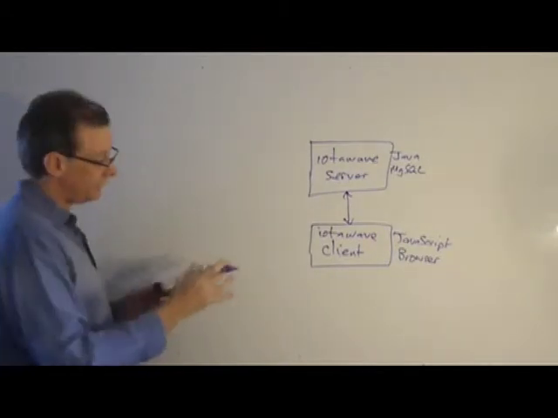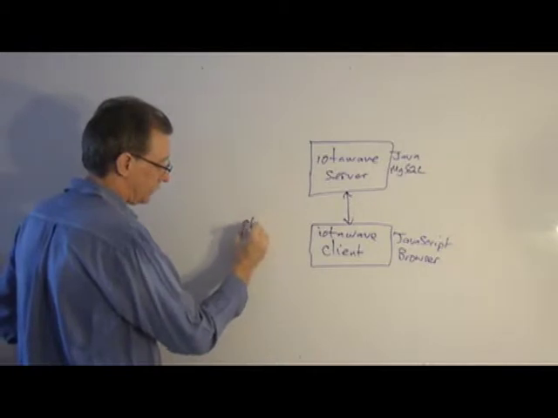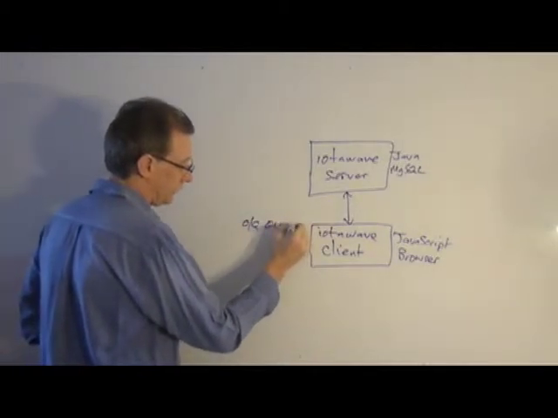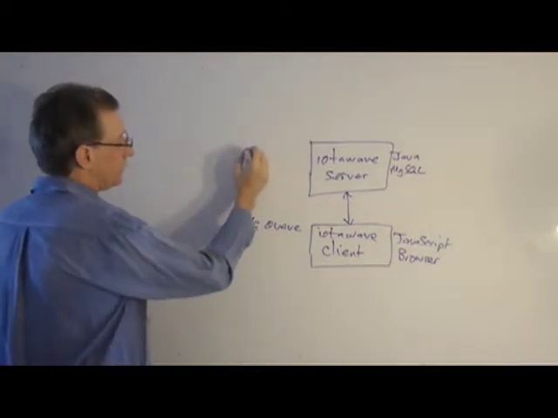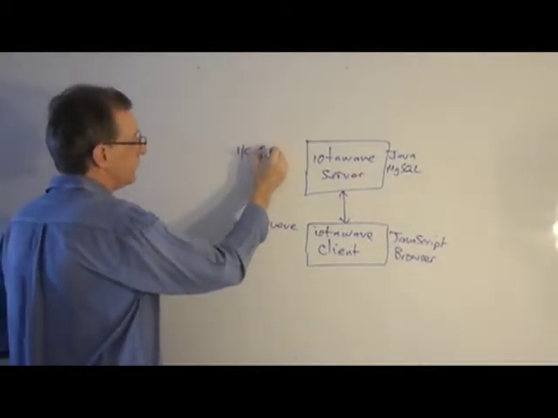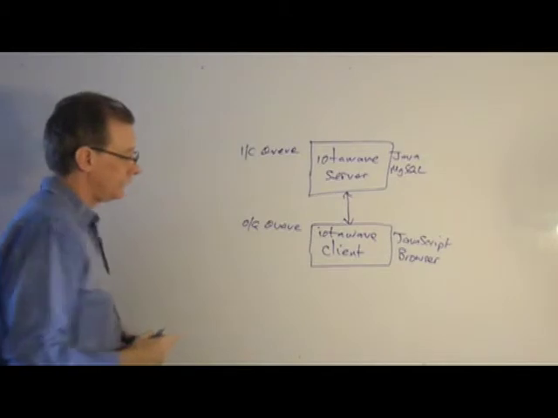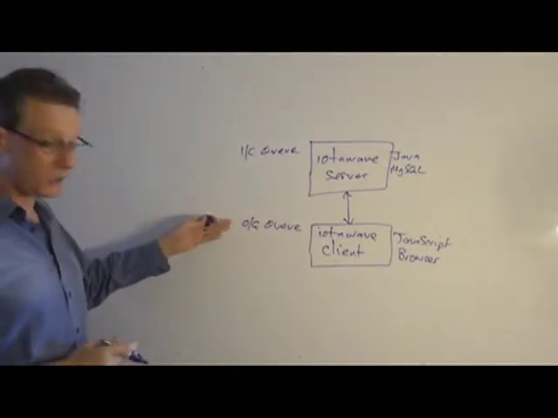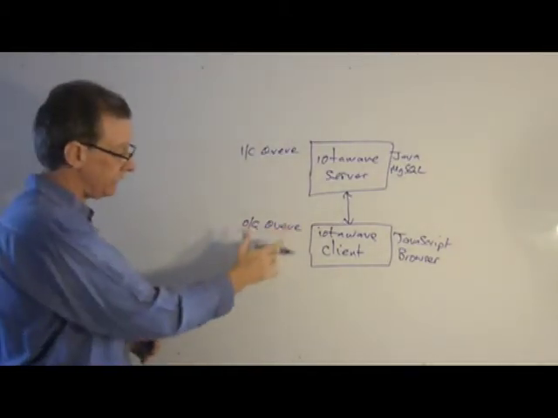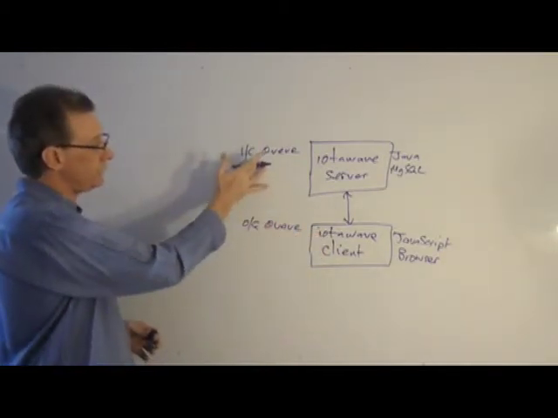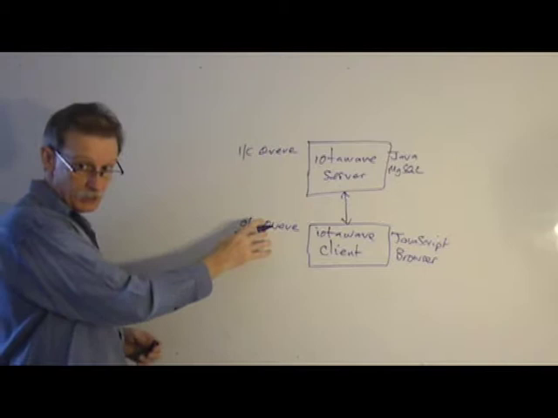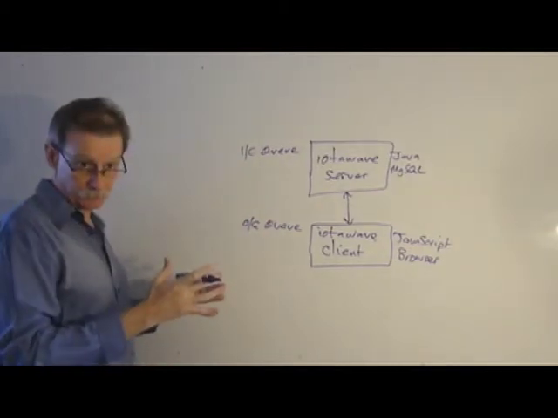The client has an outgoing queue written in JavaScript. The server has an incoming queue. The operations generated on the client are sent from the outgoing queue to the incoming queue. These events are queued